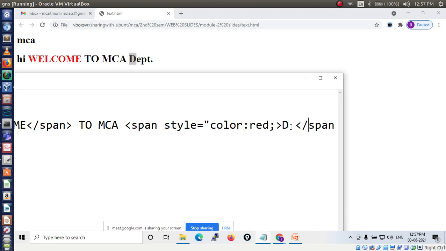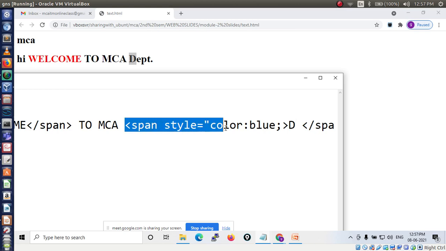Now you want to display it in yellow color. Sorry, blue. Take blue. See, D only I want to change. For that purpose, before it I use the span tag, the style attribute, color name is blue. Then it will only apply to D. Then close the span.